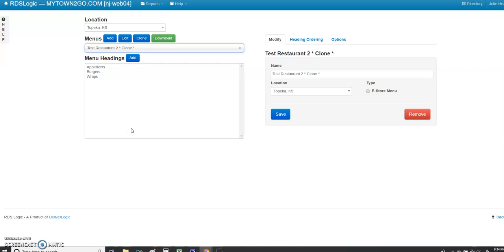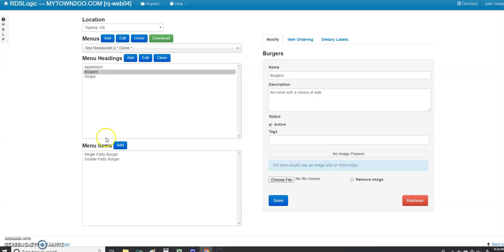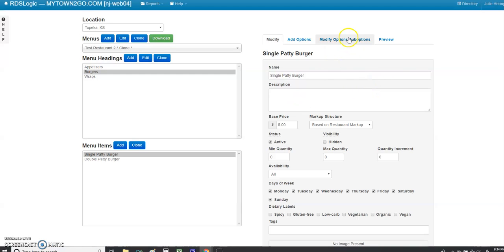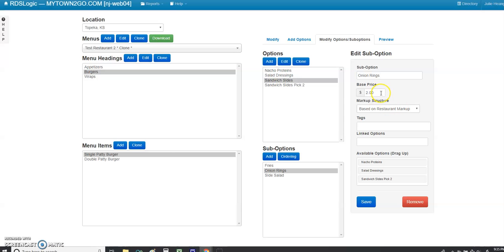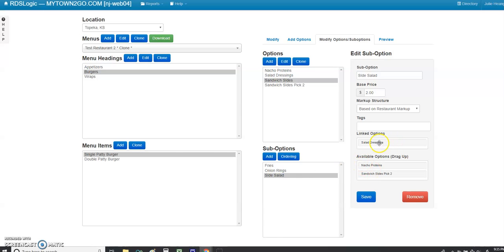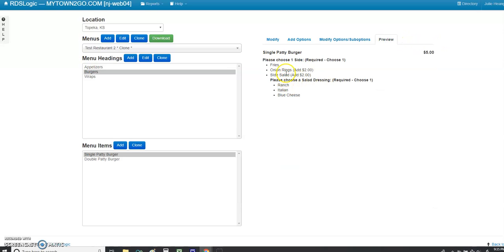So let's see. Those are the features. Again, just to reiterate, the most important feature right now that I'm concerned with is to be able to add sub options to a menu item and then have an upcharge for those sub options, such as the onion rings, $2. And then to be able to make choices that are under a sub option, that's under a menu item. Because if you look at it, I guess this is a double layer, right? Because of the salad dressing. So side salad, sub option of choose a side,